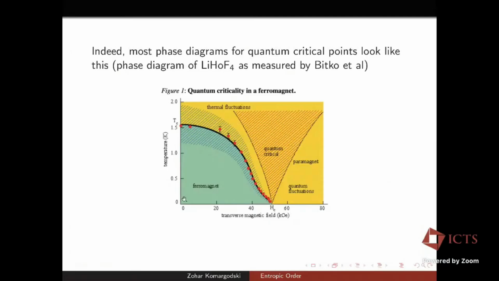This is an example of some typical magnet that at low temperature has a ferromagnetic phase. That's the green phase, while the yellow phase is a disordered phase. And you see that at low temperatures, you can tune some external parameters, such as magnetic fields, to go between one and the other. But when you crank up the temperature above this Tc, you don't have the ferromagnetic phase anymore. So order is not compatible with high temperature.